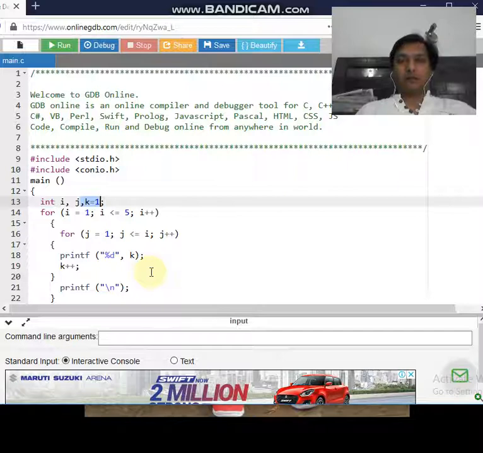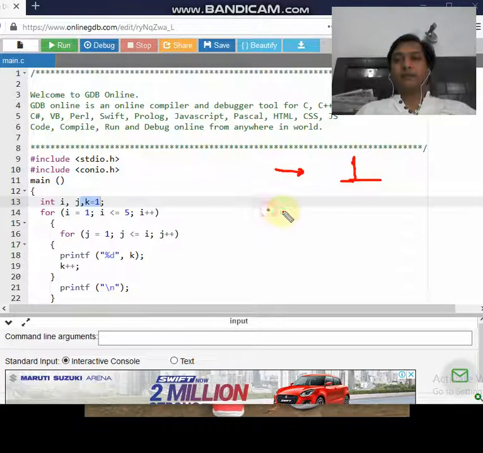From the examination point of view, this program is very important, as this pattern is called Floyd's triangle. It is a special type of pattern where every time the control changes its line, the next value is printed, going up to that particular line number. For example, if we start with line number 1, then only a single value, 1, gets printed, and the control will change the line.